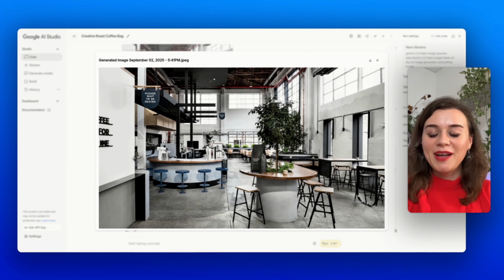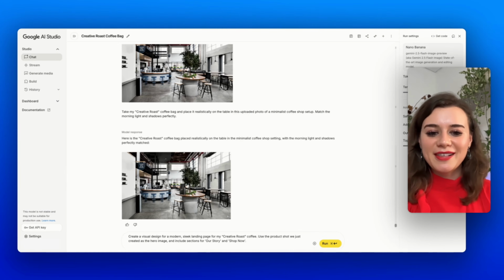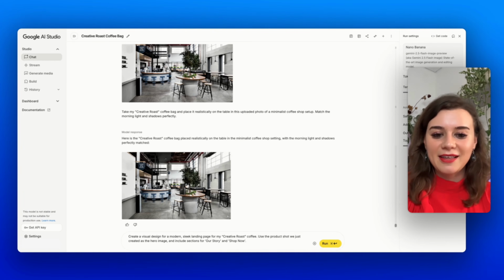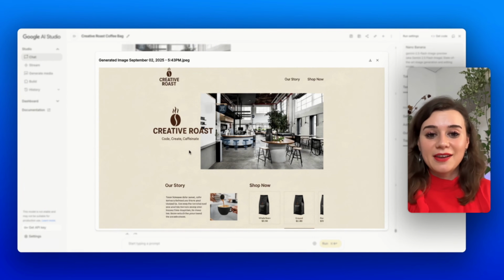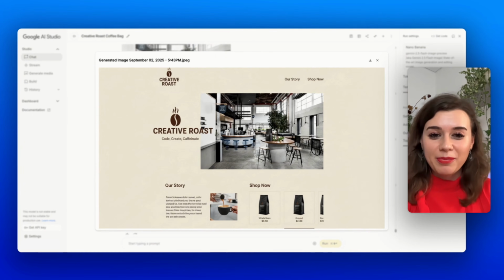Let's get a mock-up of our website. Create a visual design for a modern sleek landing page for my Creative Roast coffee. Use a product shot we just created as a hero image, and include sections for our story and shop now. So this is a minimalist site. I have to say that there's one mistake because the logo overlaps, so I'll probably have to just re-prompt it